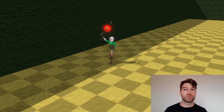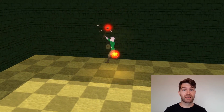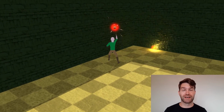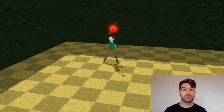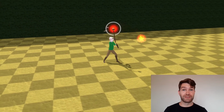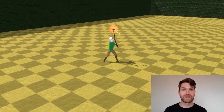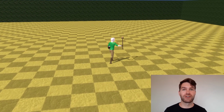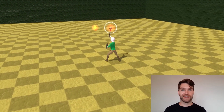What I did to the basic spell that I created last week, I also put in light, so it looks like it's giving off light, and I also put some physics onto the ball itself so that it actually bounces whenever it's hitting off of any surface. So it's a bit like the fireballs that you see in Mario or other games that have this kind of